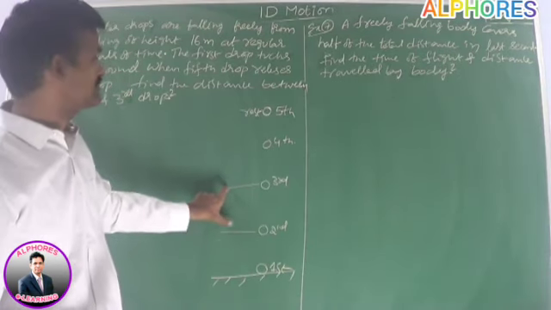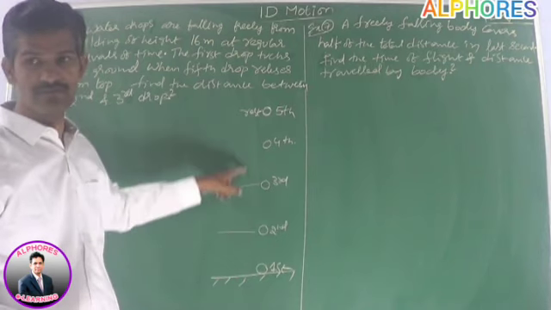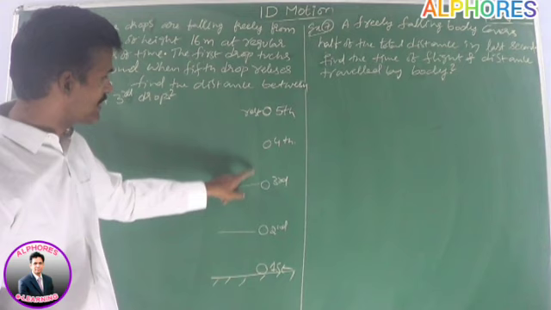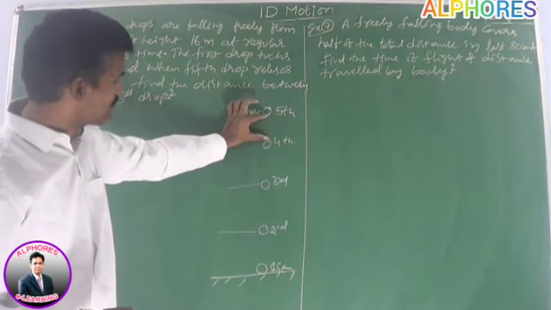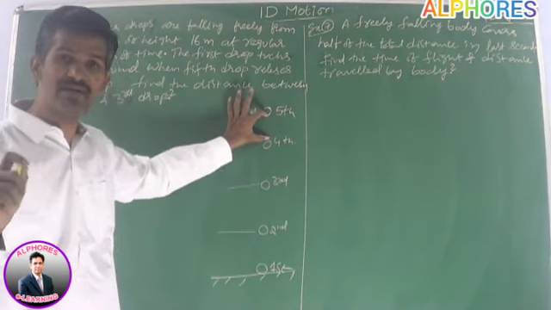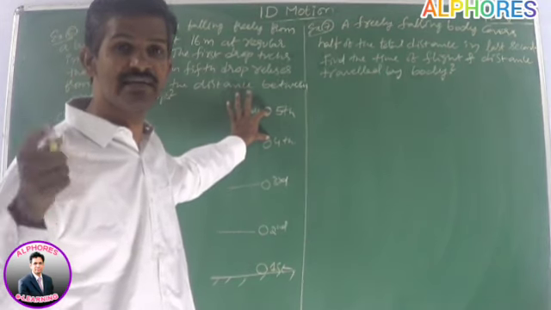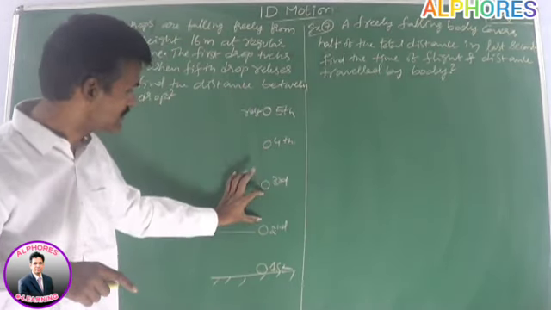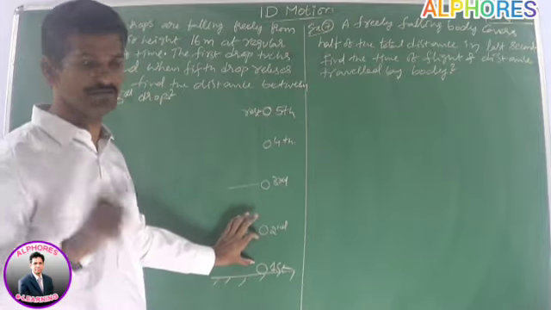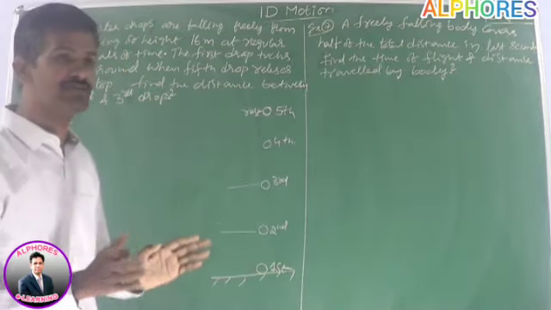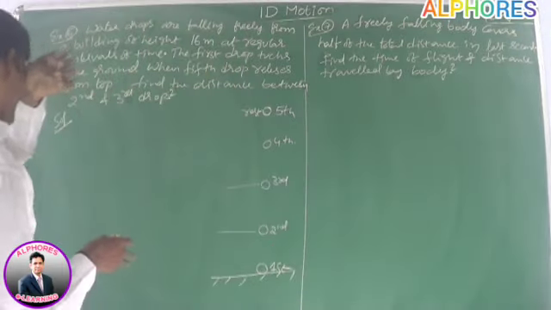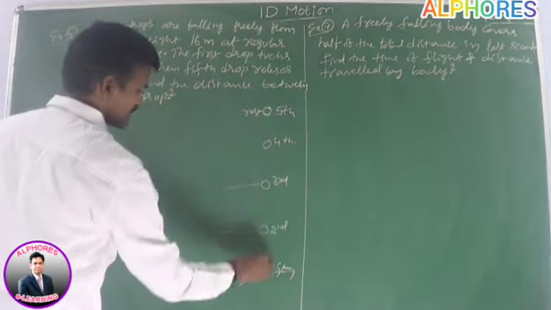So this total journey of the drop is divided into 4 intervals. This is one interval. Why? Because drops are falling at regular intervals of time. This is one interval, and this is one interval, and this is one interval, and this is one interval. So the total time is divided into 4 intervals. Okay. So first calculate the total time of the journey.